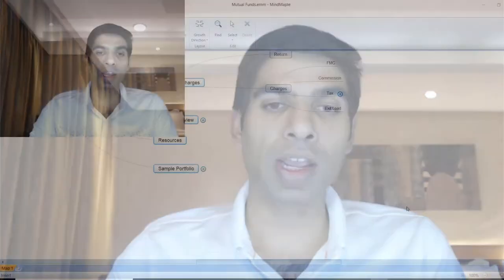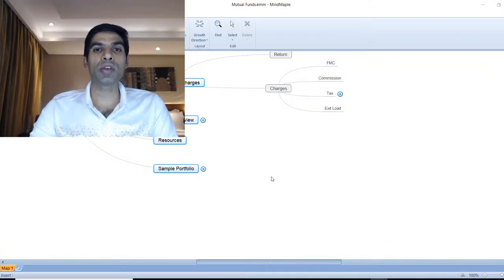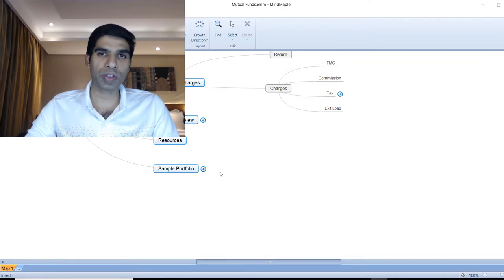We'll be looking at a sample portfolio that you can have in order to earn money from the stock market. This sample portfolio would actually not have names of the funds, because it doesn't really matter which fund you choose, as long as it's meeting your objective and you have followed whatever we have learned in this course in selecting the fund. You will be able to choose the right kind of fund, right?